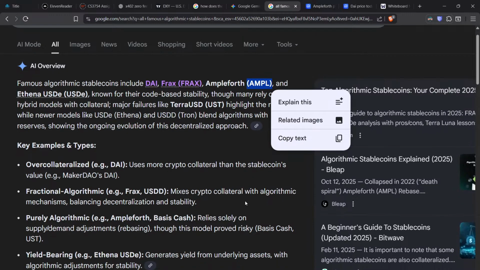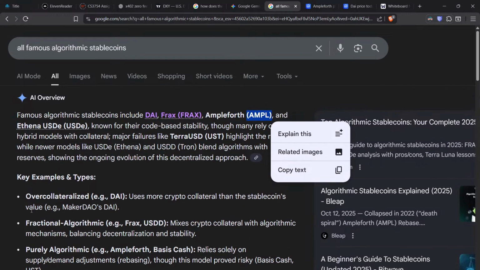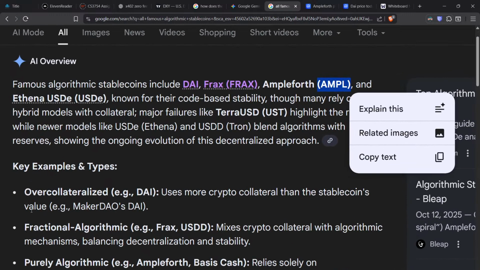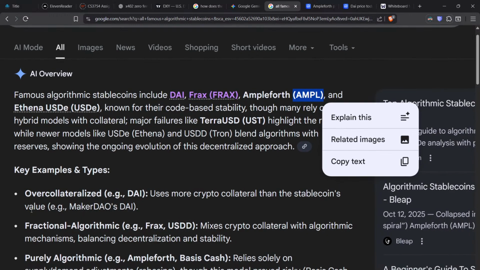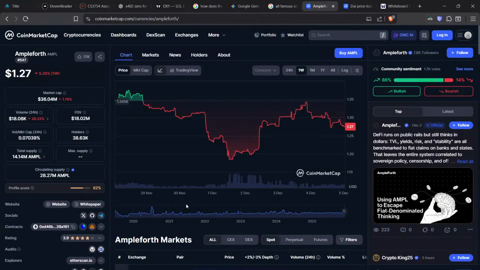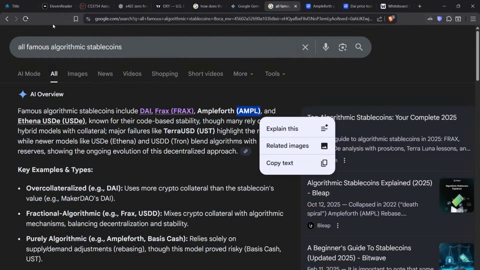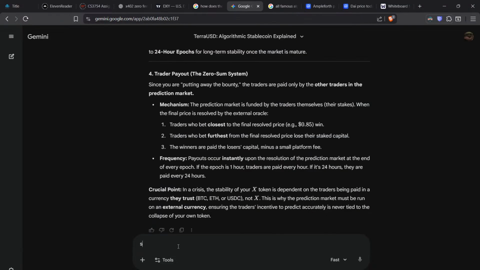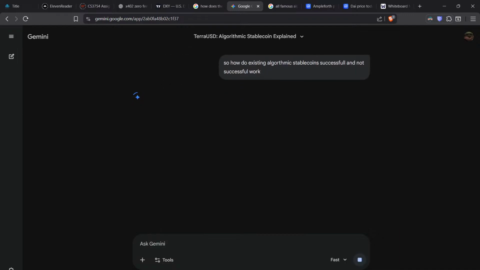Okay. So they have a crypto collateral, but how does that work? I think I get the basic idea. Next